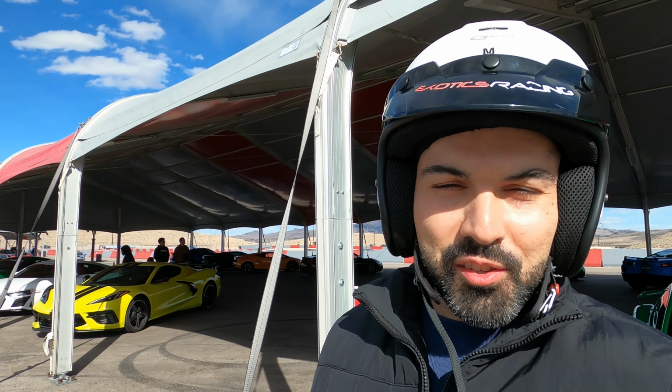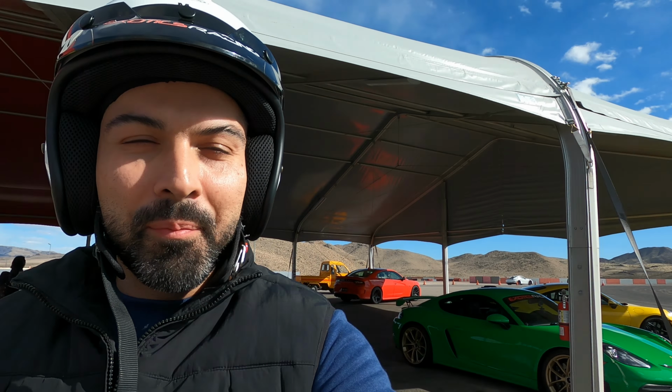All right, so I just finished driving the C8 as well, and I ended up driving the yellow one, not the blue one that I originally thought. And it doesn't matter, they're both Z51 equipped cars. Now, a couple observations, and granted, I'm not a professional driver or a track driver, so I'm not gonna pretend to be one. I'm just gonna give you just the casual perspective of what it felt like driving these two